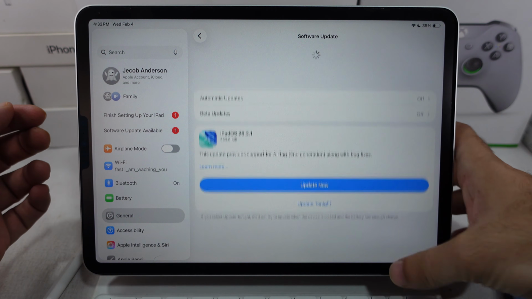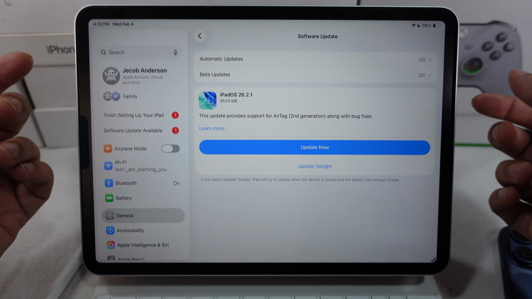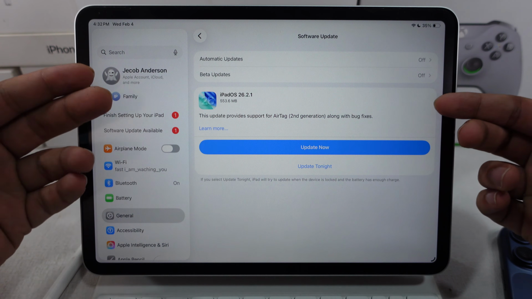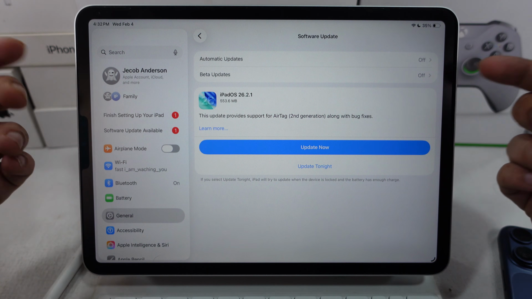That's everything you need to know about stopping automatic updates, preventing installation prompts, and deleting old downloaded software updates on